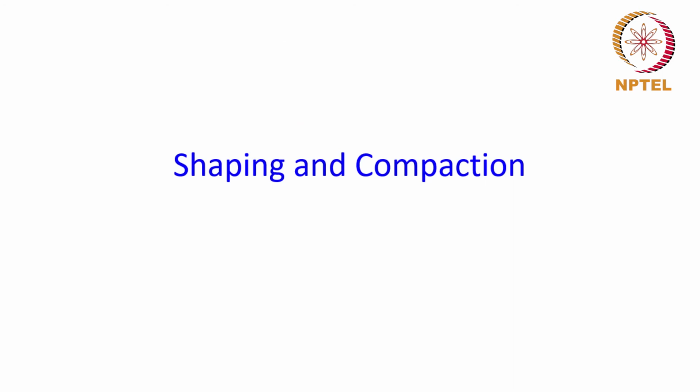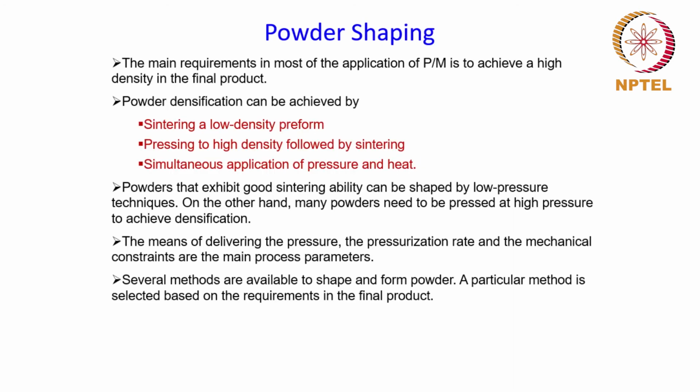Okay, to summarize this class, we can say that the powder shaping process is all about giving the loose powder a particular shape, and the main objective of the powder metallurgy process is to achieve a high density in the final product. And these are the different processes which can be applied to densify the powder, and what kind of process will be chosen will depend on the type of the powder